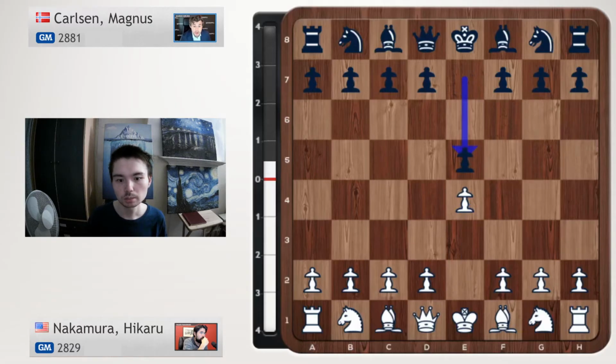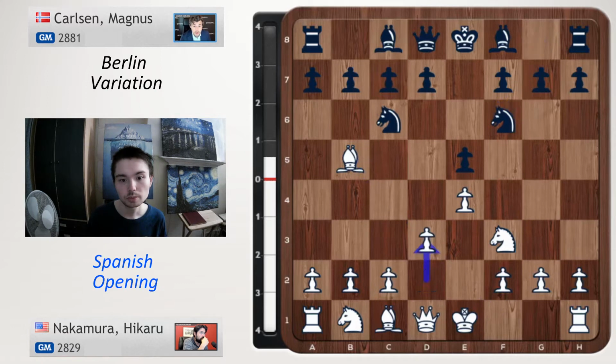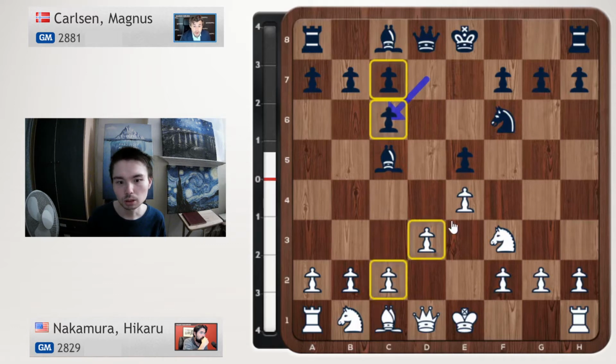E4, E5, knight F3, knight C6, bishop B5. We have the Spanish. And Carlsen goes for the Berlin defense. D3, bishop C5. And now we have an imbalance. Bishop takes C6. Volunteering to give up the bishop pair, but black now has doubled pawns. So why does white do this? Because his structure is better, and if black cannot use his bishop well, then maybe white can use his knight